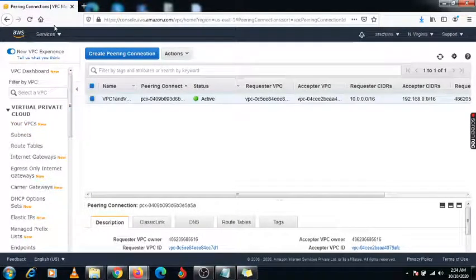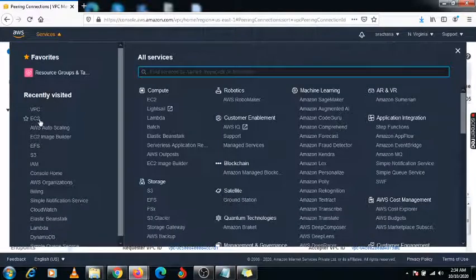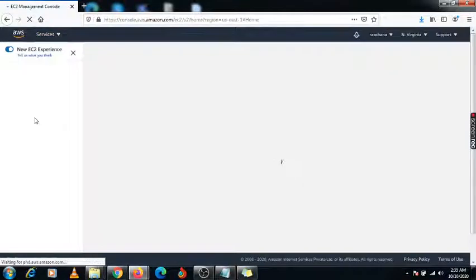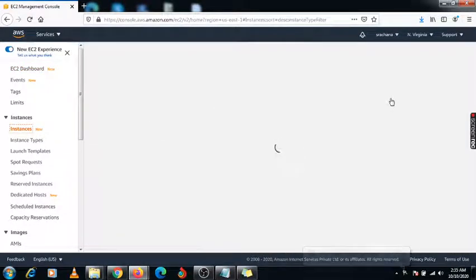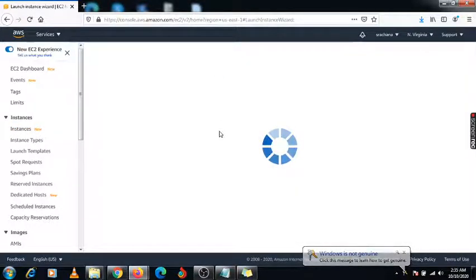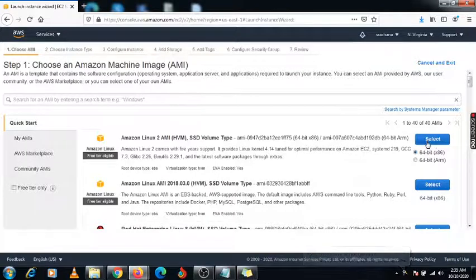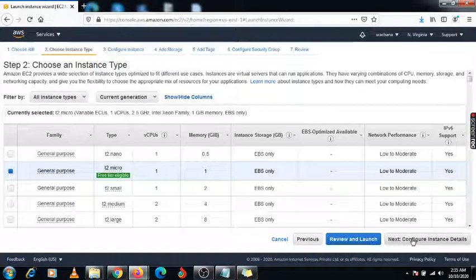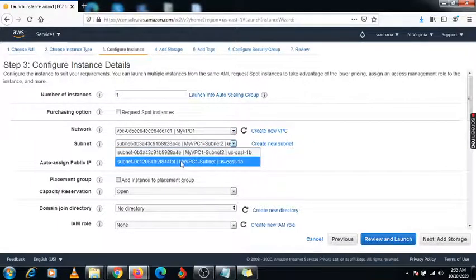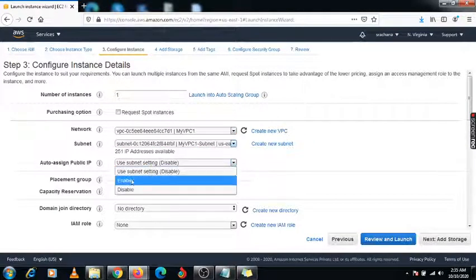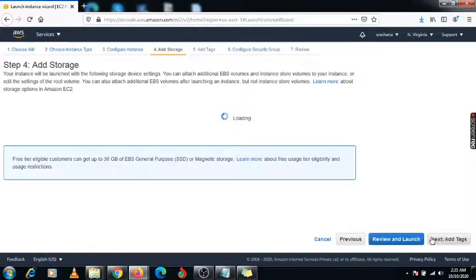Okay, now you need to create your EC2 instance. Go under this EC2. Here there is no EC2 instance available, so I need to create it. There are three instances we will create. I am going to select my Linux machine. Here you need to select my VPC1 first, and I am going to select the 1A availability zone first and enable this IP address, and just click on next.